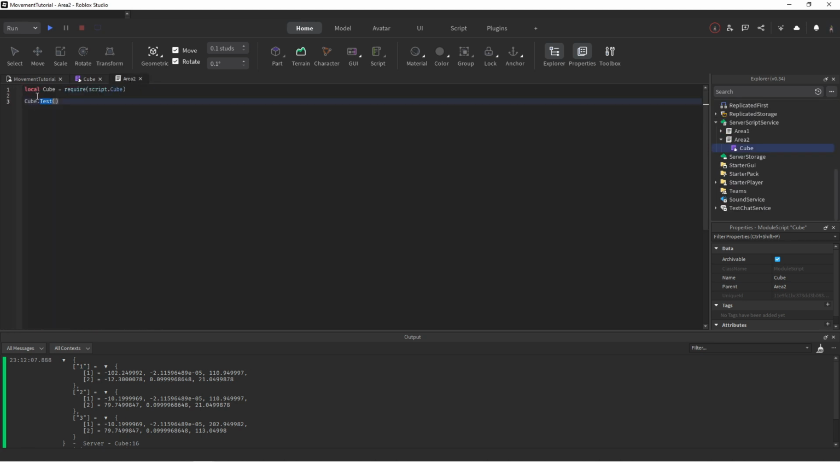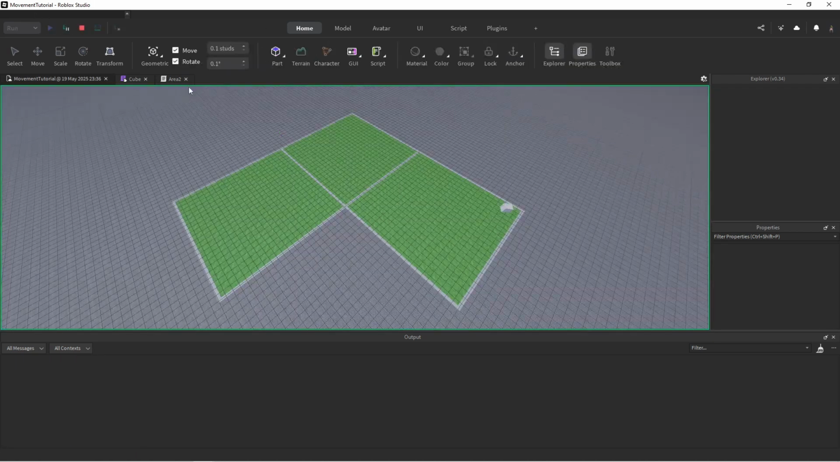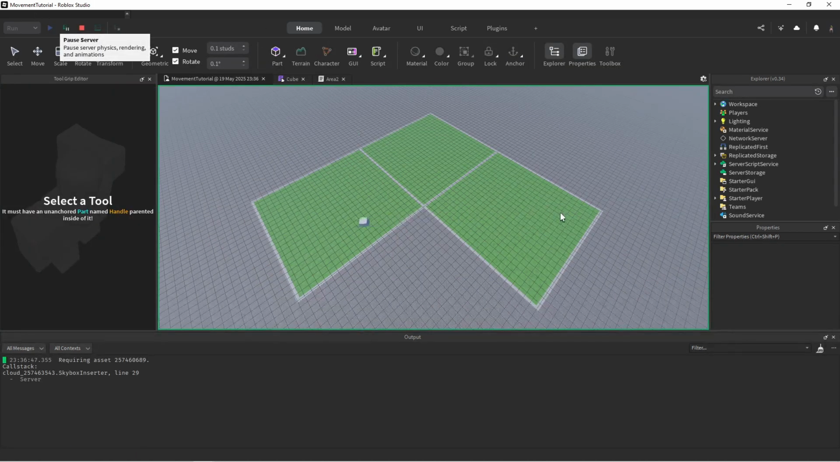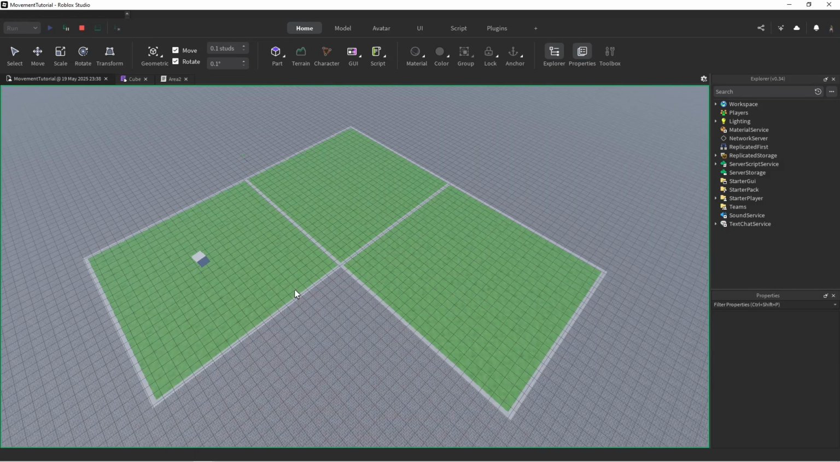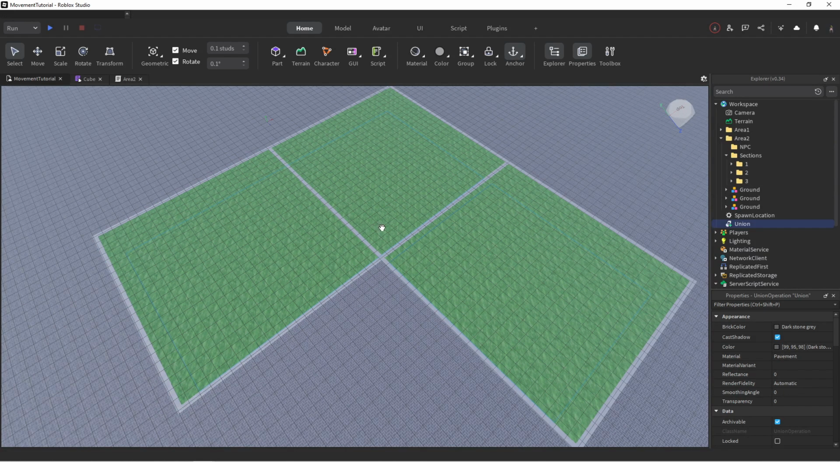Now go to the main script and change this to cube.main. And if I run the game, we can see that the cube is spawning and moving inside of this area. If I let the cube move long enough, we can sometimes see that the cube will move outside of this